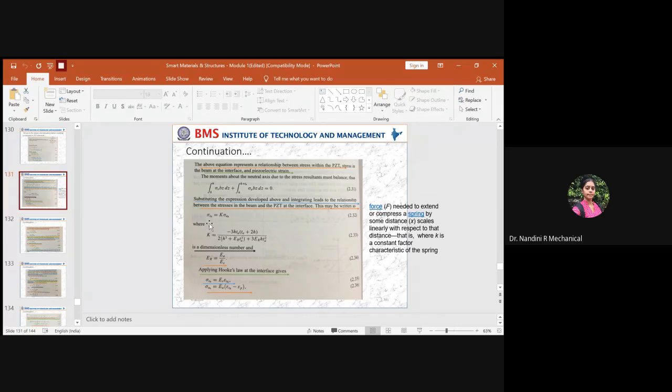So using the concept of Hooke's law, this will be the equation. Before, we had the equation for shear stress, the stress value of the structure to the stress value of the actuator. Now, applying Hooke's law, you have to use some constant factor. Here we will use the elastic modulus of the structure, because it should be able to compress and come back to its original position, where the structural elastic modulus plays a vital role. Hence, instead of K, we will use E suffix S, and the remaining thing will be the same.